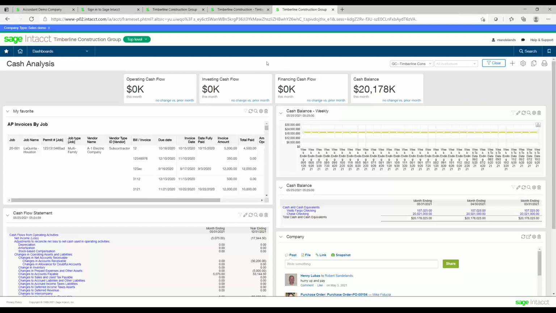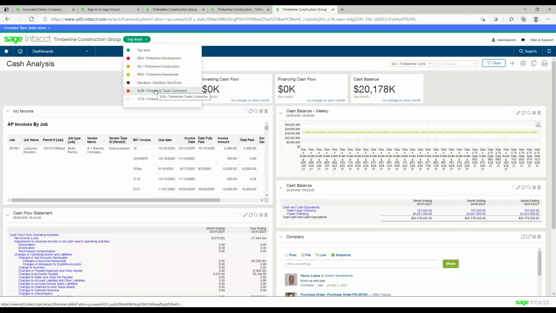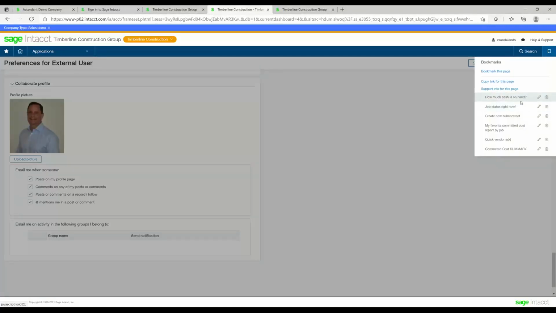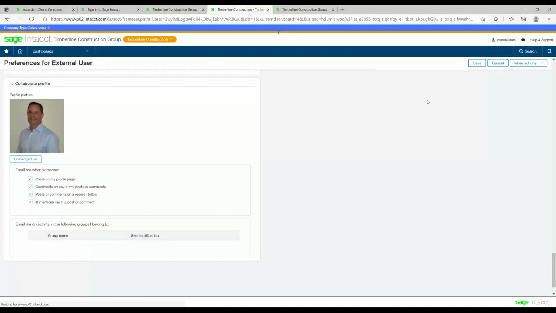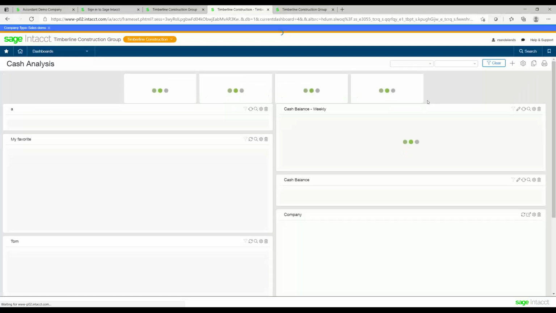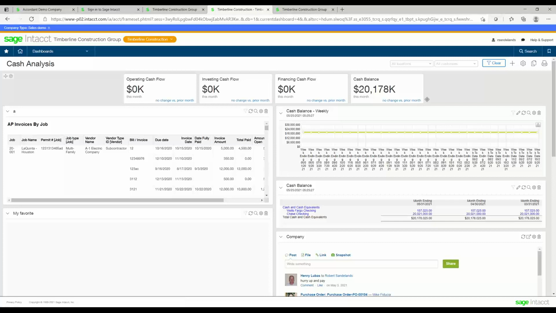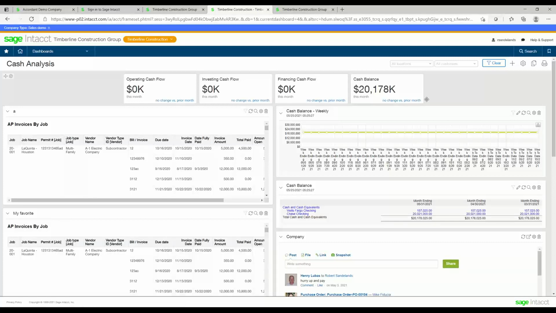That's consolidated up. Again, because I'm right now at the top level, I'm looking at all my companies. But we could be in a specific company and see a whole different cash position if I view that in this entity. So again, I left that screen open and I'm just going to jump right into that dashboard with cash on hand specific to this entity. And I'm pretty sure, yeah, $20,000 is in this one company. Okay, so let's